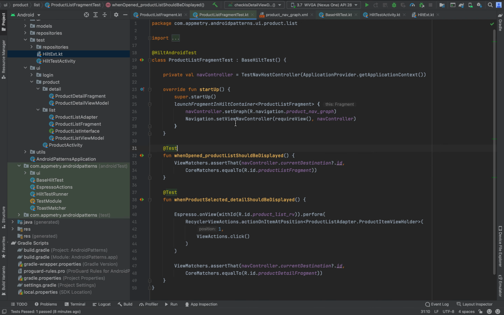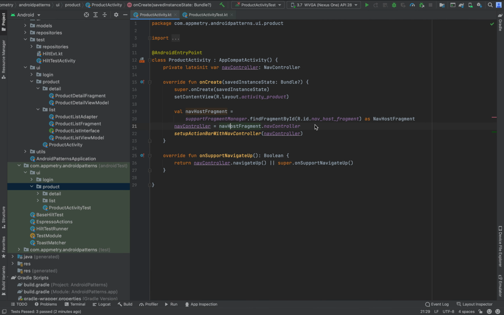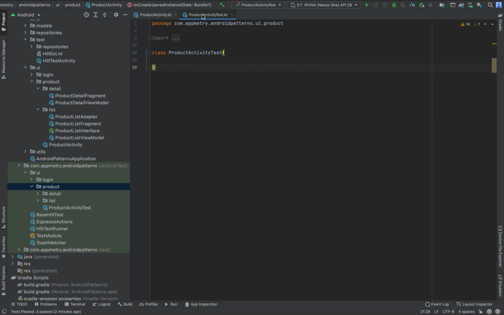Next, let's see how we can write test cases for the product activity. First we need to create the product activity test class.